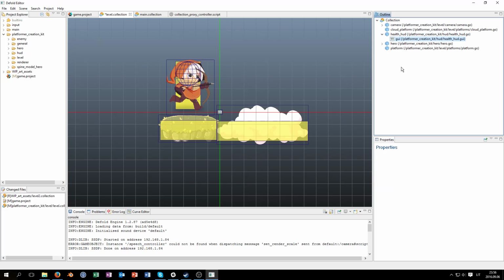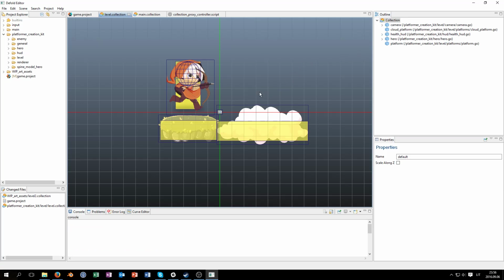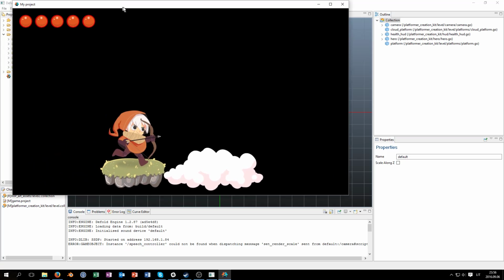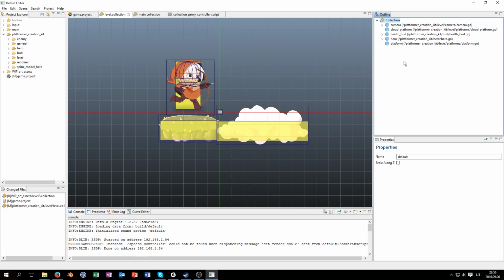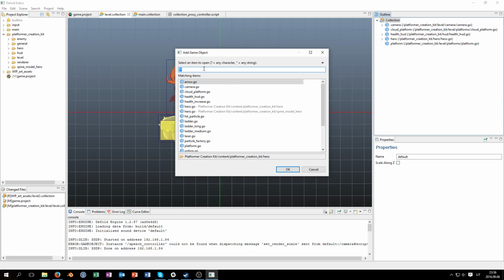It has a GUI, graphical user interface object component on it, and now if we build the player, we press start, and we see that there's these 5 red balls that indicate how much health the player has. Yes. So now, moving on, we can add a